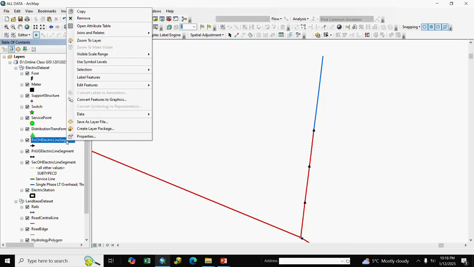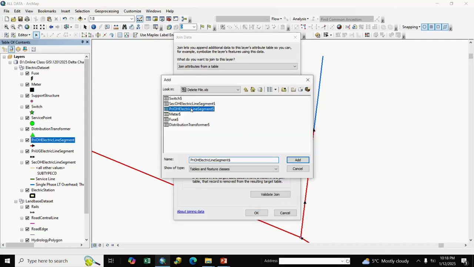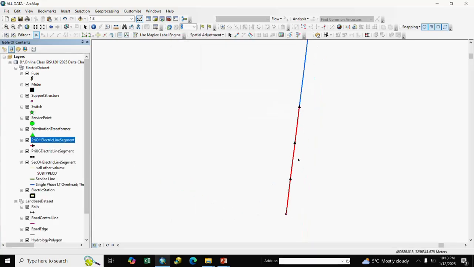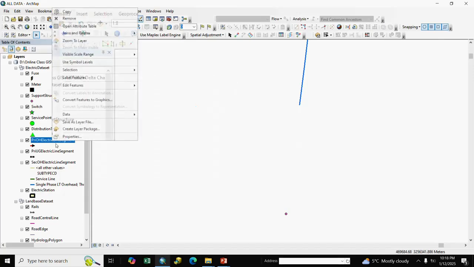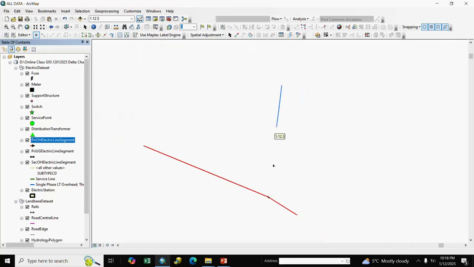Next primary OH: go to primary OH, join and select the GIS ID, primary OH, add, GIS ID, keep only matching records, OK. Open the attribute table, we select all and delete, and we remove the join.